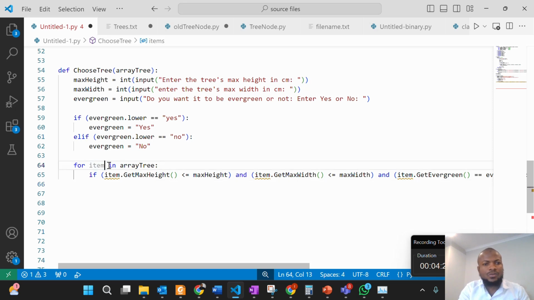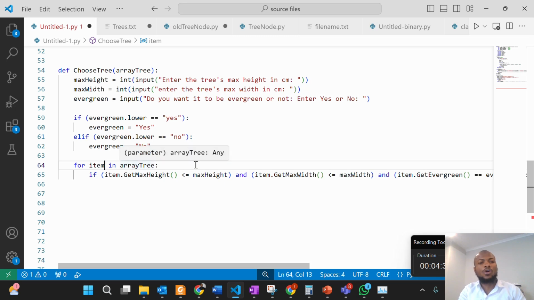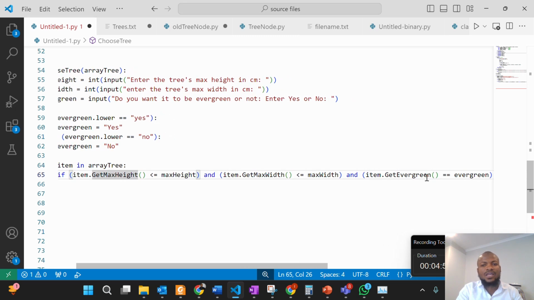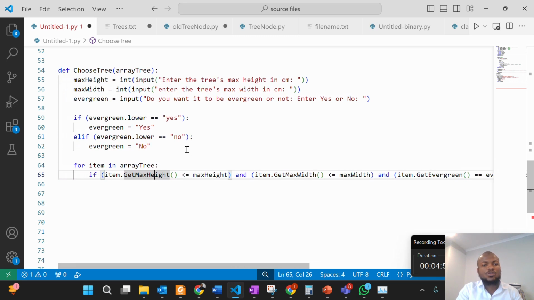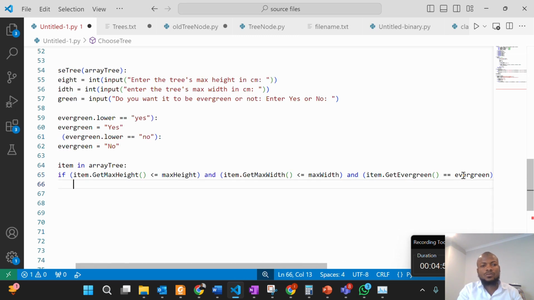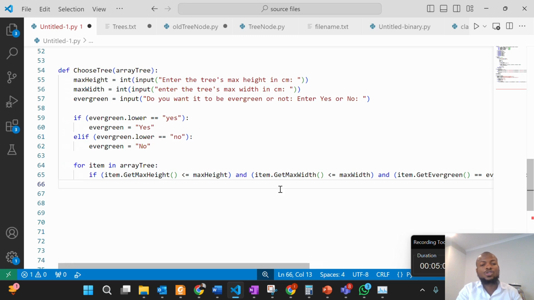Okay, item is not the same variable. Now it is the same variable. For item in array, tree is an object, right? So item dot get maximum height is a function that returns the value of maximum height from this object. We are checking if it is less than or equal to the user's input. Likewise, the maximum width. Then we are also checking if the evergreen is equal to the user's input, if it is yes or no. So if this condition is true,